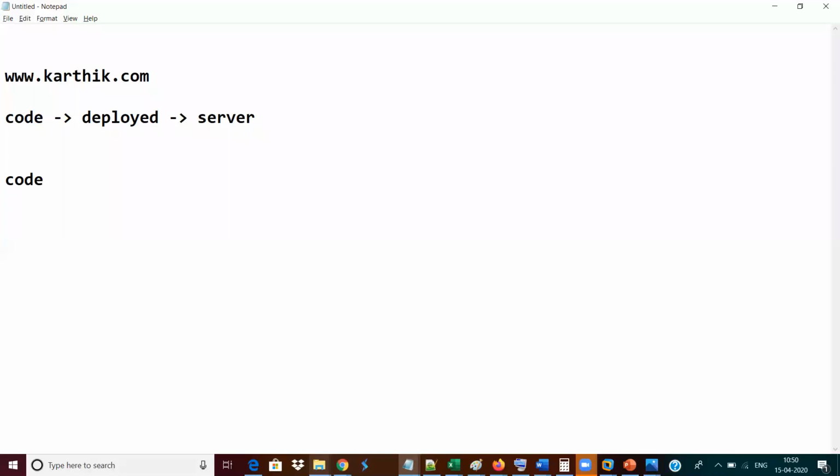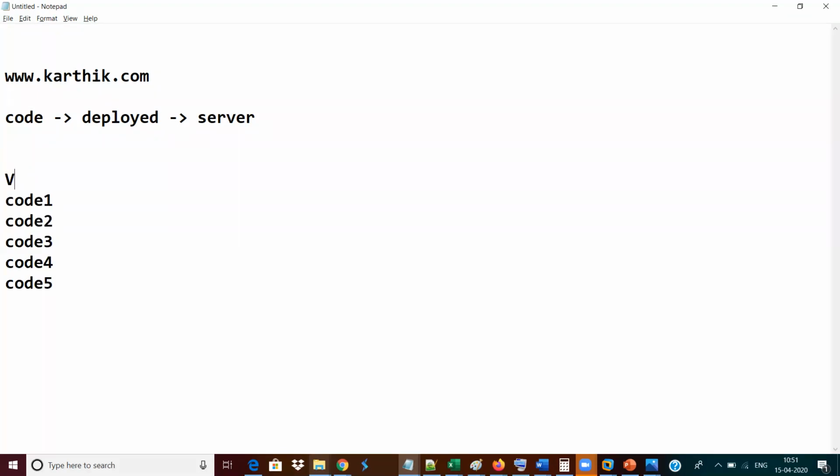This code will keep on changing according to the functionality or the business requirement, by the developer. He will keep on changing this code. Whatever changes he implements need to be recorded as code 1, code 2, code 3, code 4, code 5, like that. Now, this recording needs to be managed with one system.